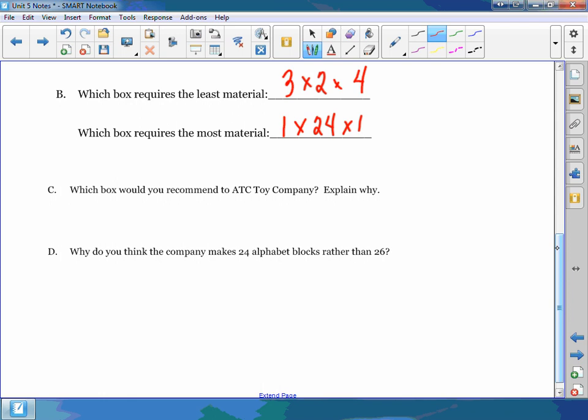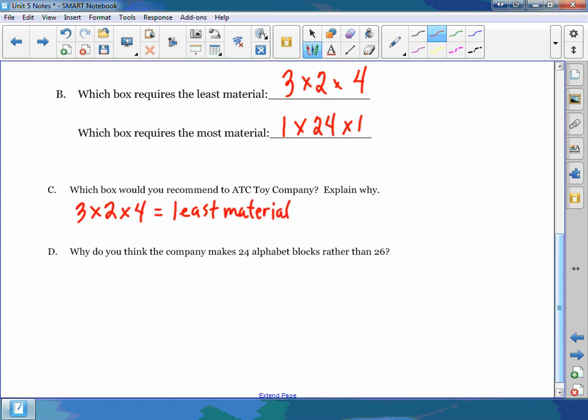Which arrangement, which configuration of blocks would you recommend to them? And of course, why? Ellie? Okay, so let's go with the 3 by 2 by 4. Why would you say that one? So least material,